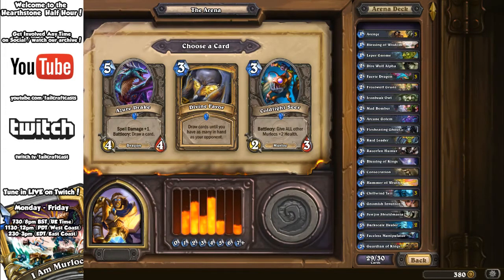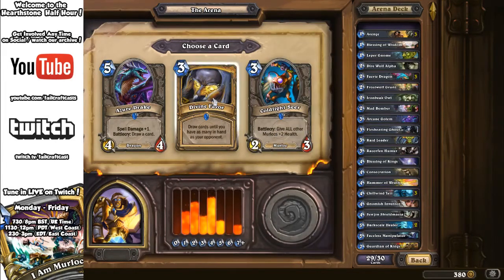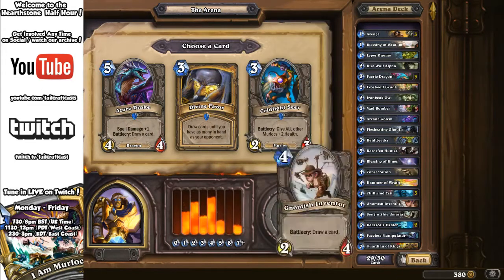Divine Favour in Constructed is a Paladin's great source of drawing cards. You basically play as many cards as you can and then draw loads in hand. But we are not a rush deck. We don't have huge amounts of cheap cards to empty our hand. Emptying your hand before Divine Favour is the big benefit. So I don't think we're really going to be hugely emptying our hand unless we have a...